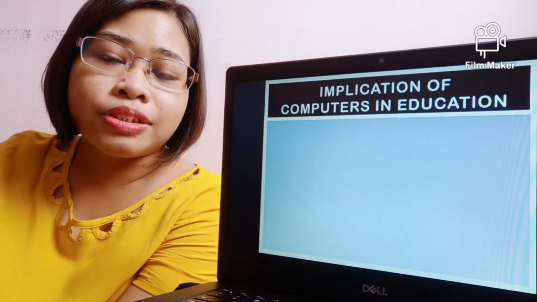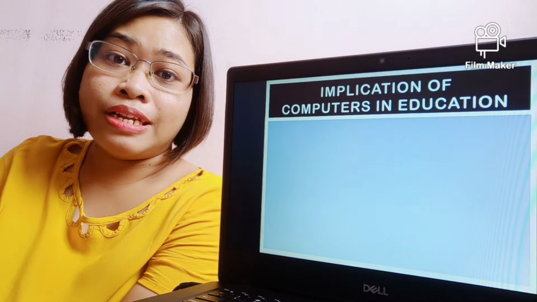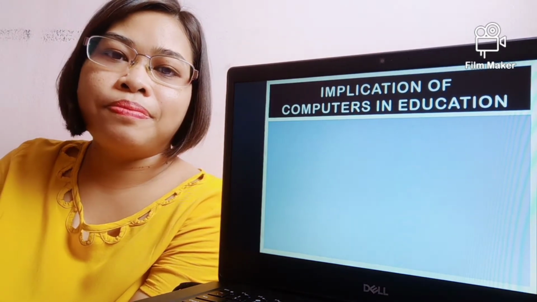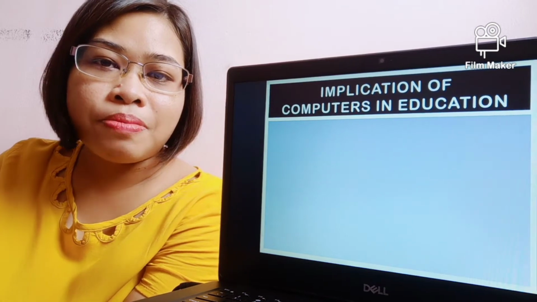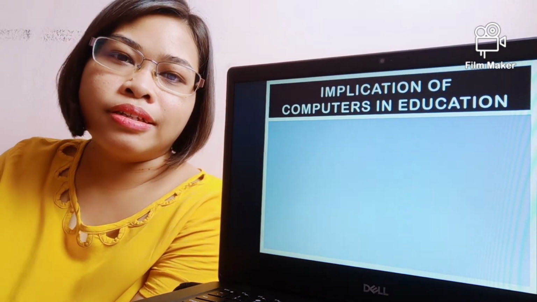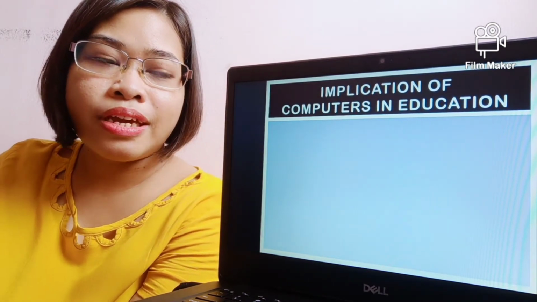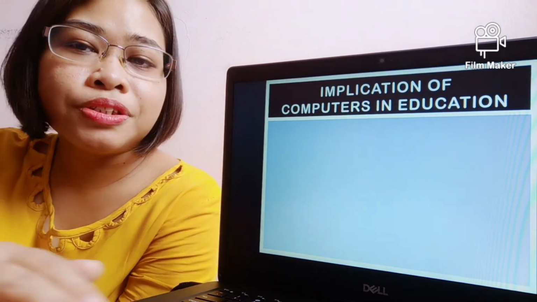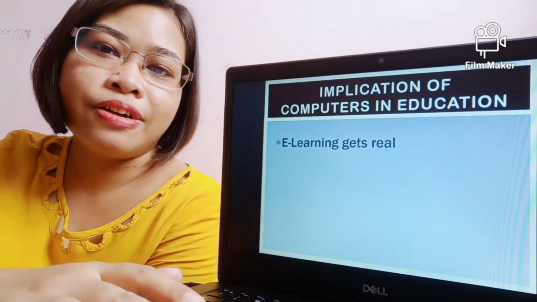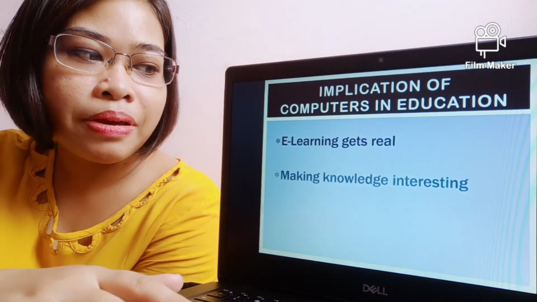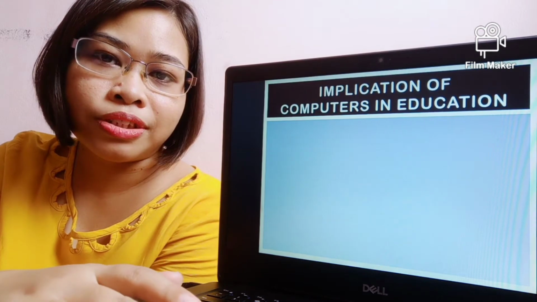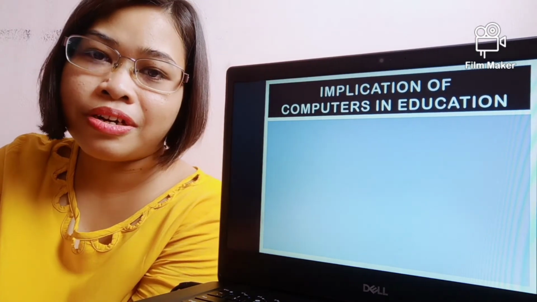The use of computers in education is a big help in enhancing learning through new creative ways of sharing information and lesson delivery. And the following are the implications of computers in education. E-learning gets real, making knowledge interesting, bringing the world closer because of the internet,